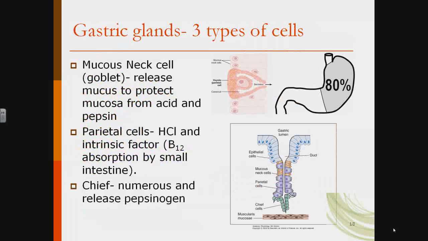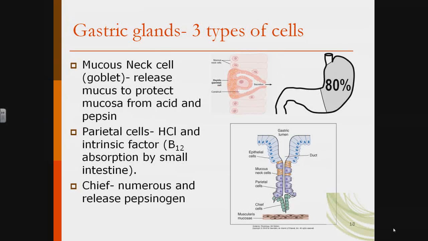Alright, so 80% of the stomach is the body and the fundus, and 80% then of the two types of glands that I told you about are the gastric glands. So gastric glands are found in the fundus and body. In the gastric glands, we find three different types of cells. We find the mucous neck cells, and again, I told you mucous cells are found not only in the antrum, but in the body and fundus. And again, as I told you, it helps protect the simple columnar epithelium of the mucosa from the acid and pepsin. If you look in the bottom right picture, you see in purple the parietal cells in this gastric gland.